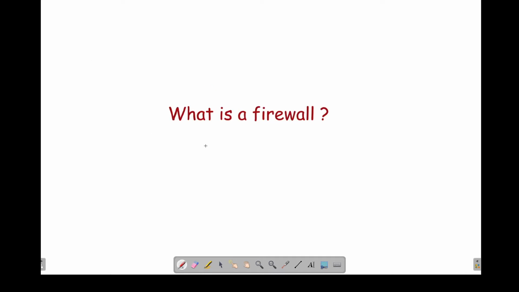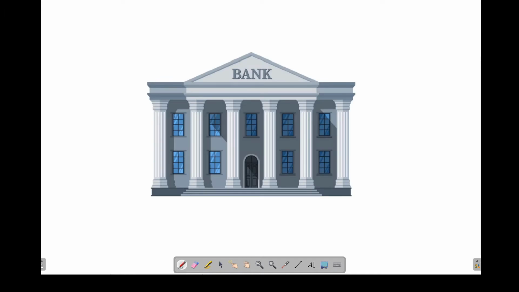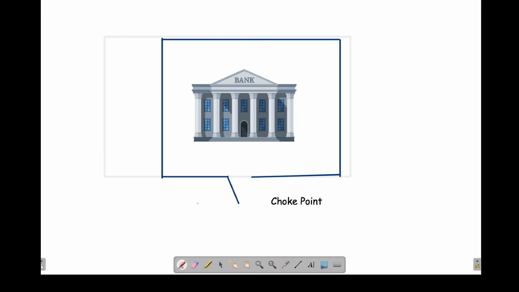First of all, let us see what is meant by a firewall. If you take a bank and you want to give security to the bank, what's the first step we do? We would like to check who's entering the bank or leaving the bank. We try to apply security for the entire bank as a whole by checking who is entering or leaving. And to have effective control on this, first of all, you keep a compound wall like this.